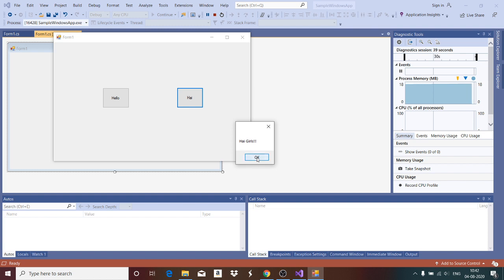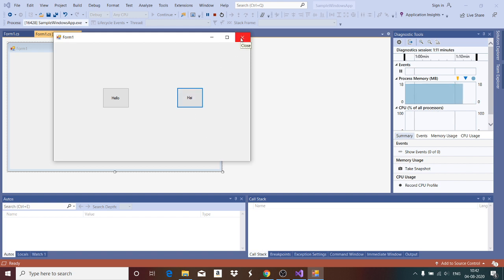You can click on OK. So your window form will always be on, ready to receive all the events. Based on the event handler, it will respond to the user's events. It just triggers the click event and displays the message box. This is what I have given in my event handler.